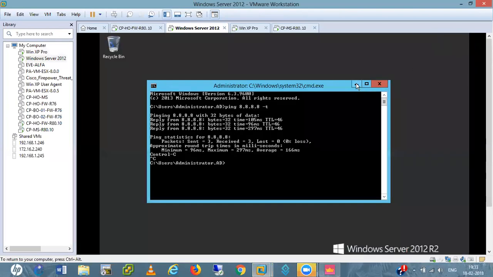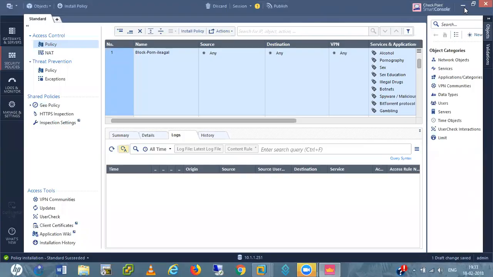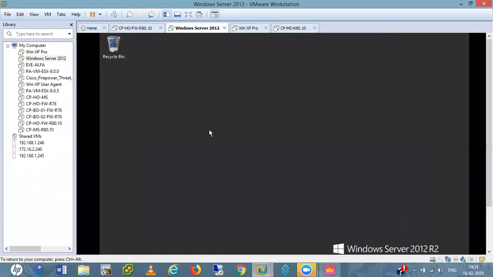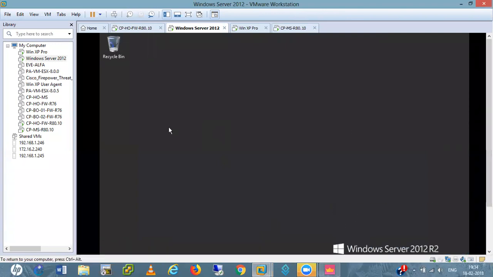We are getting this SSL error only. Let me also copy this certificate there. Control V. Not able to paste anything.